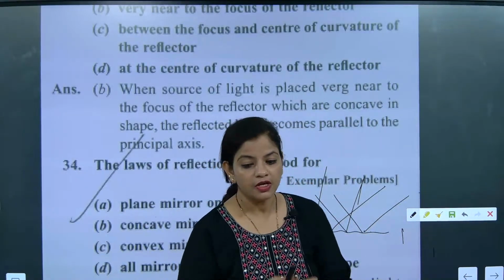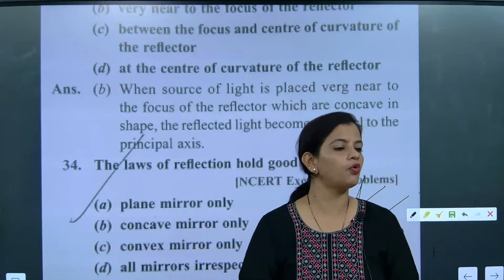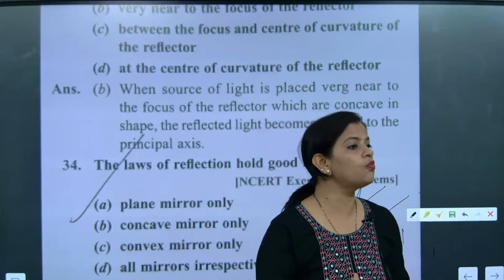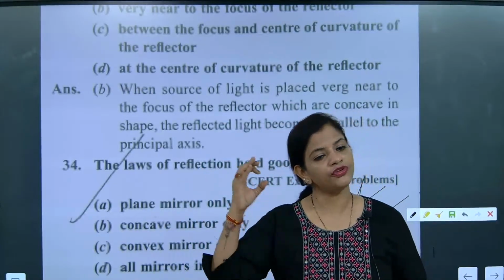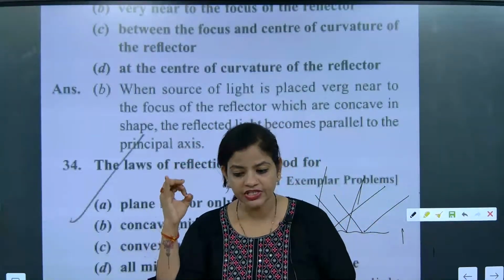Good morning. So that's the most important point to remember. They will follow what, beta? Law of reflection. So that means each and every